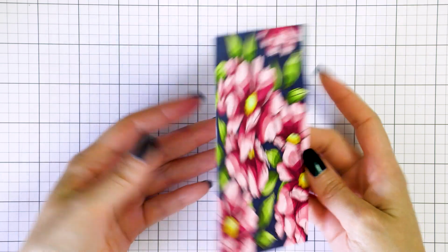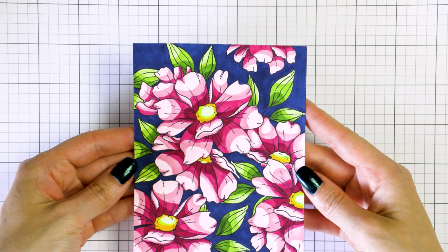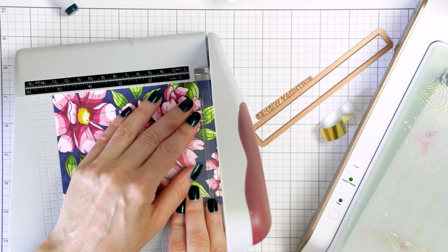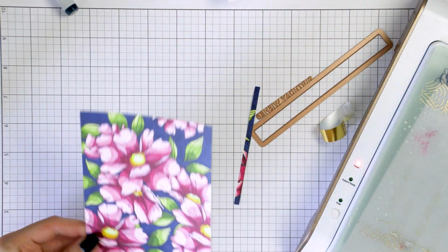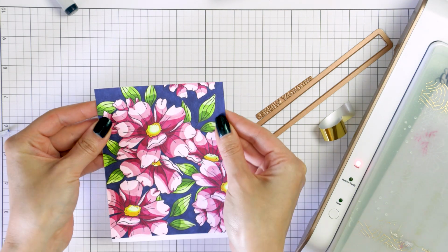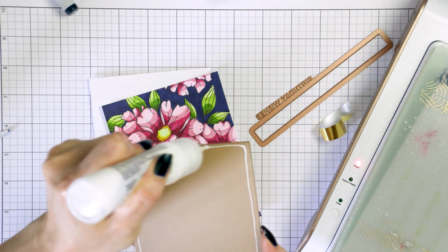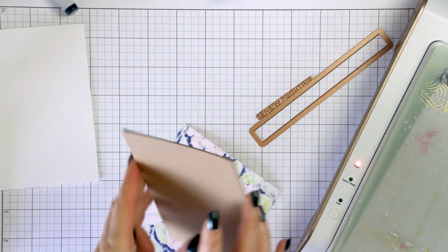Here is what my colored background looks like. I love the way it turned out. The dark blue helps the vibrant pink flowers pop. To create a sentiment for this card, I foiled one that reads Birthday Wishes. This comes from the Spellbinders Everyday Sentiments 2 Glimmer Hot Foil Plate and Die set. At first, I foiled a sentiment on a dark blue cardstock, but later changed my mind and refoiled it on white. I trimmed the colored background panel to 4 1/4 by 5 1/4 and adhered that to